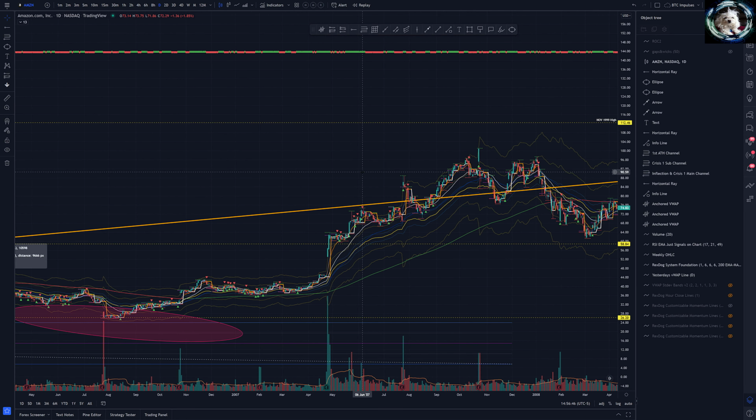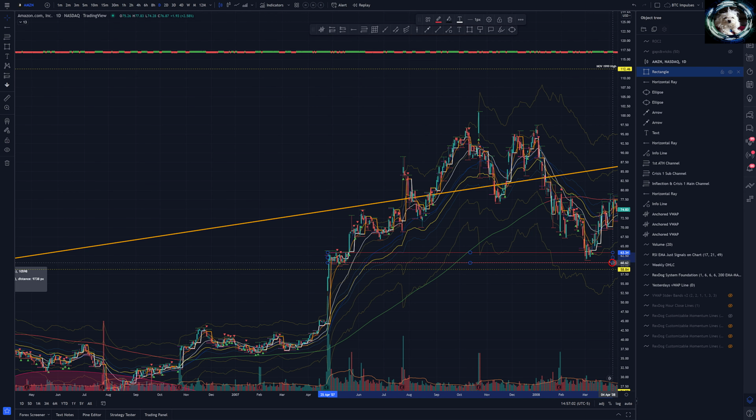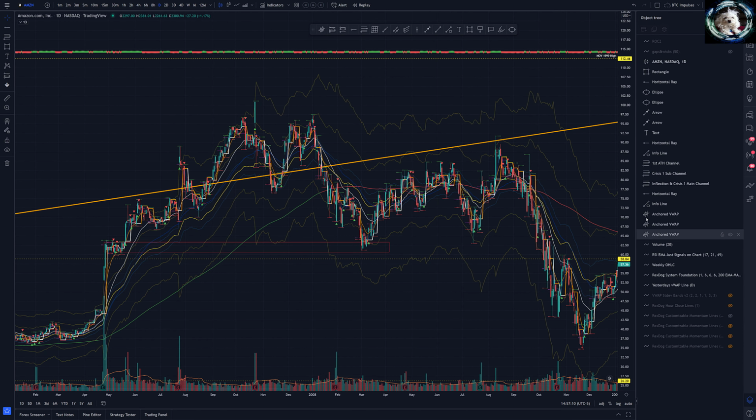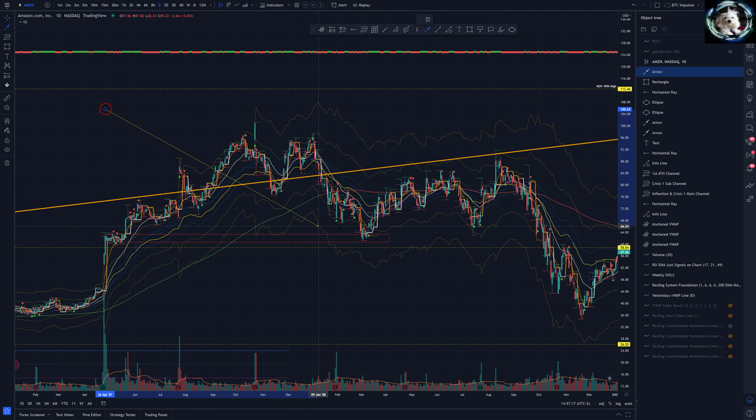From this point forward, once it held the RDA, and this is the 50% mark, this yellow line here, what did it do? It created another very important inflection area in the chart. So this, as far as Amazon is concerned, once it held the 50% area, is another very important inflection area. And what do we see? We see the pattern that we would like to see as chartists. Now it did break eventually. What happens is that it came back, retested the inflection area, held up, and continued to come up.